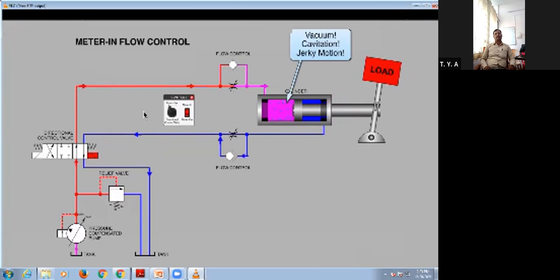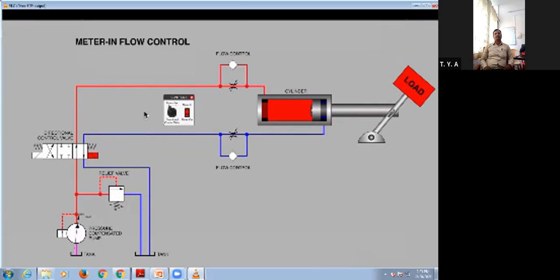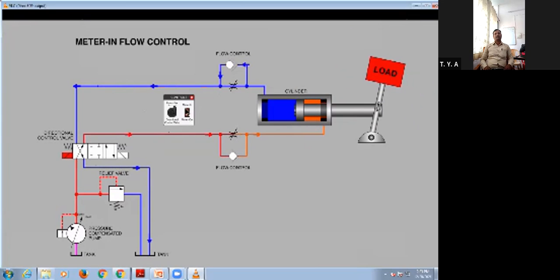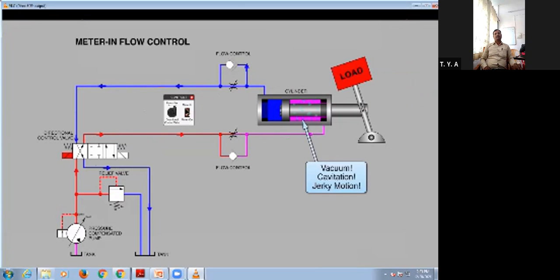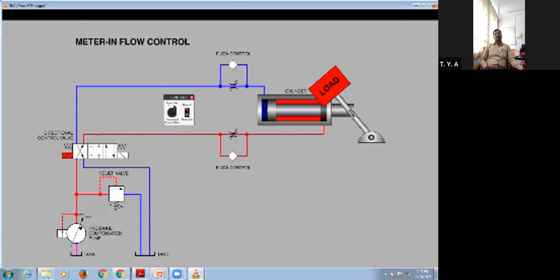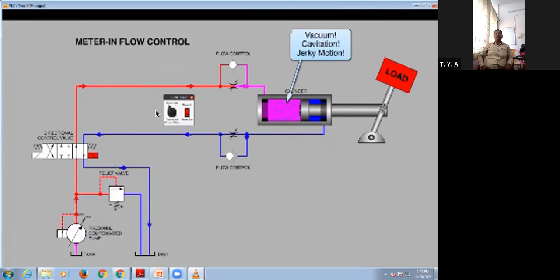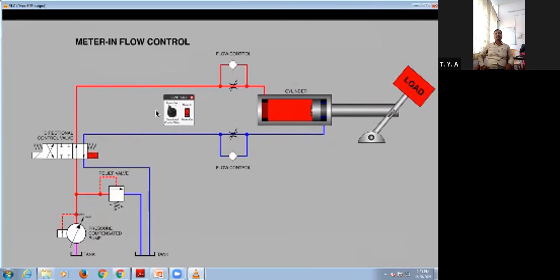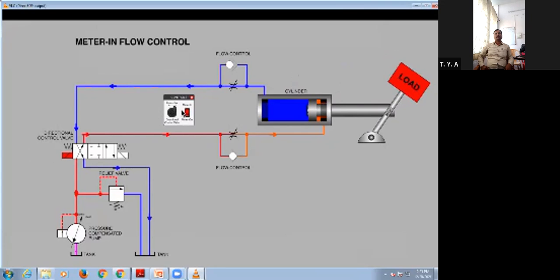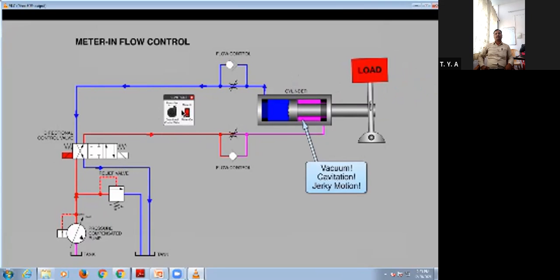Now, of course, what's special about this particular arrangement is that we've got a load that runs over center. That pendulum overrunning load is a handy one in these animations for understanding what the effects of a runaway load, sometimes referred to as a negative load on a cylinder, might do to various parameters of the hydraulic system.